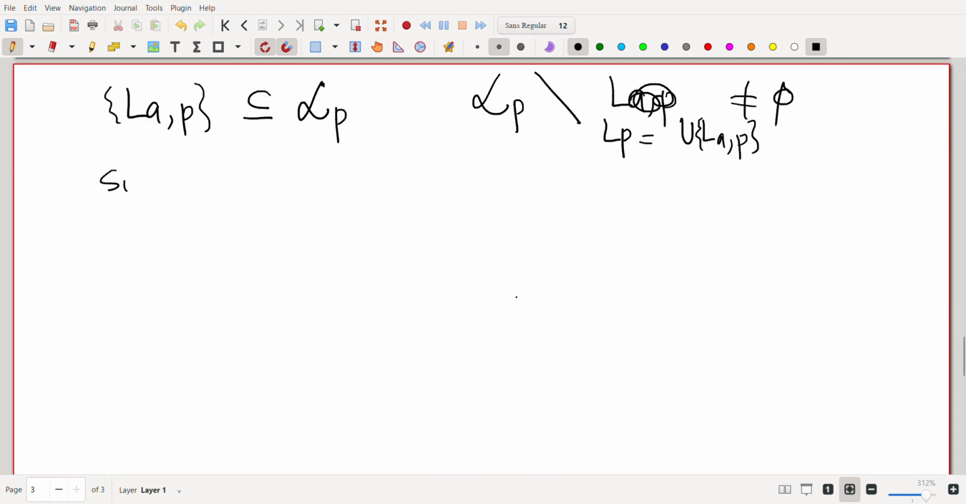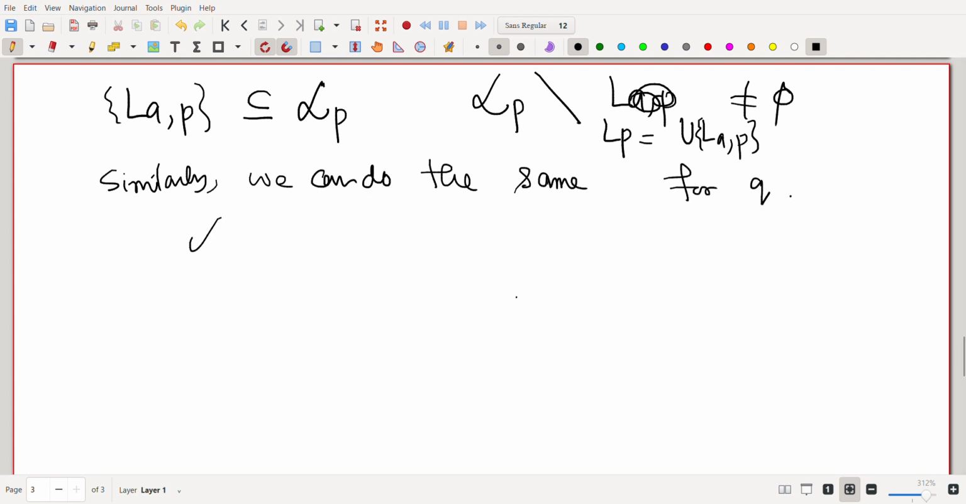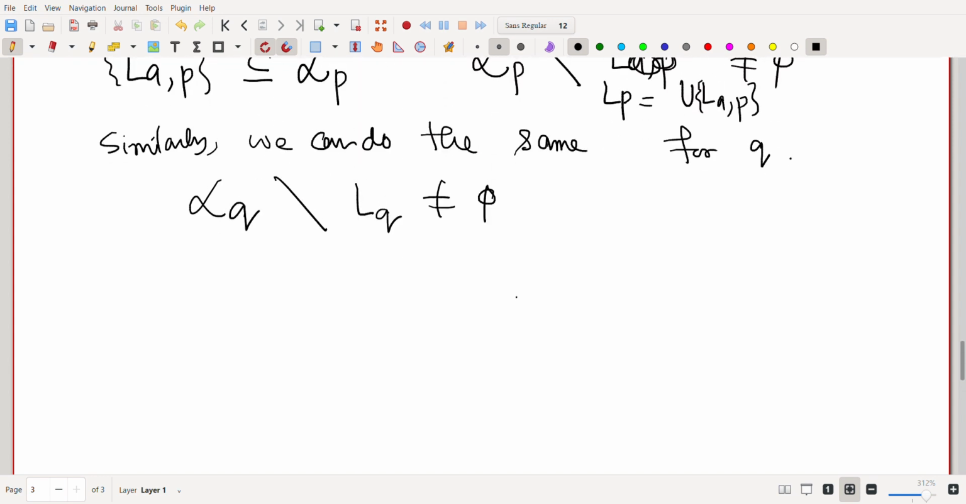Similarly, we can do the same for Q, and we have LQ minus, this is non-empty, right? Okay,